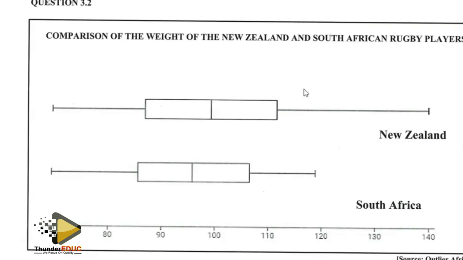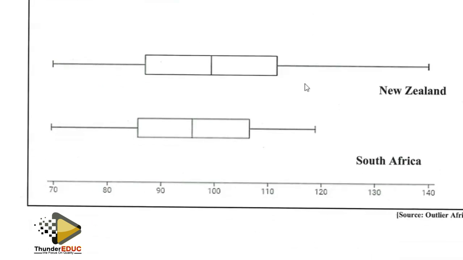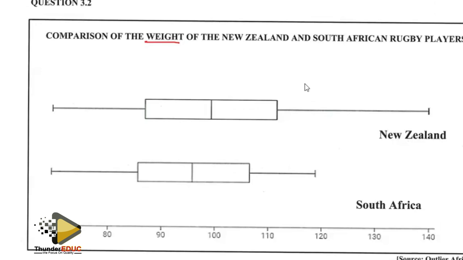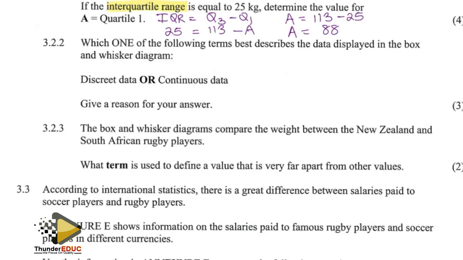I know it's weight. Then, okay, it's weight, whereby it has to be continuous because weight is measurable. But the data that we see here, we don't have commas. These are all numbers. That means it becomes what? Discrete. However, in the normal sense, both answers are right, né? Because you would say this discrete,